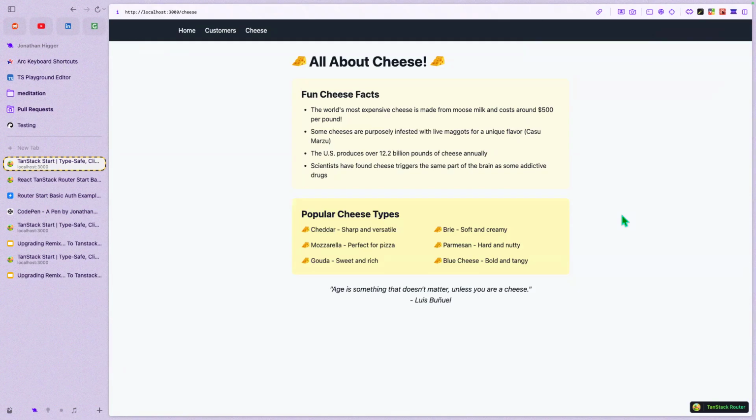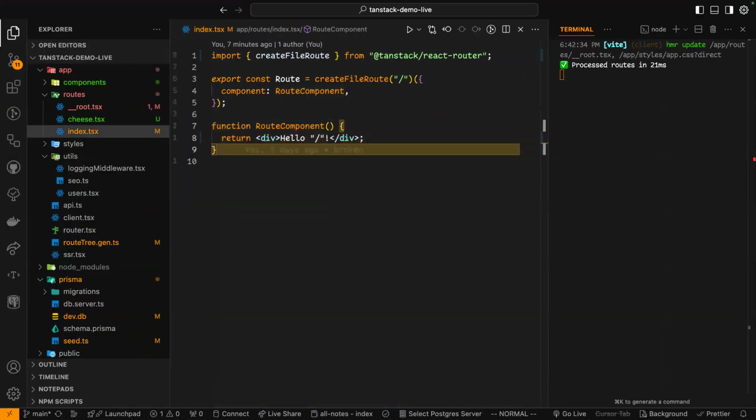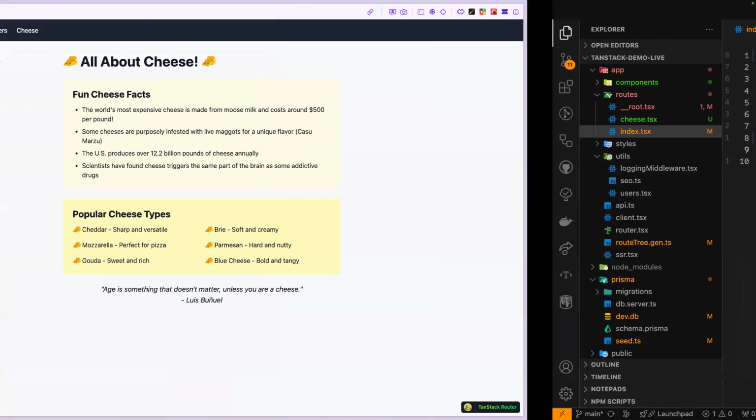Cool. So this is a fundamental thing you have to understand about not just TanStack, but also Remix does this. I want to say Next.js does this too. Maybe I'm crazy. Am I tripping? No, I'm tripping. Next.js does not do this. I have spoken lies. Okay, I was wrong. That's okay. I don't work in Next.js that often, if you can't tell. Sweet. So anyways, we have now created